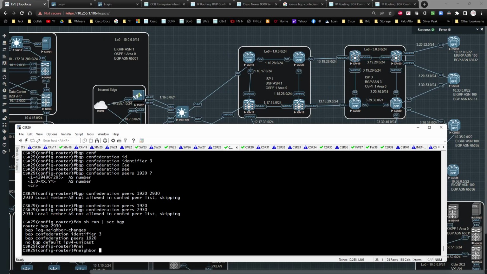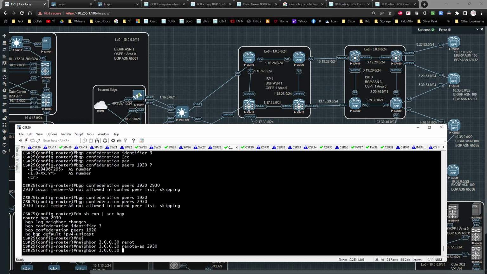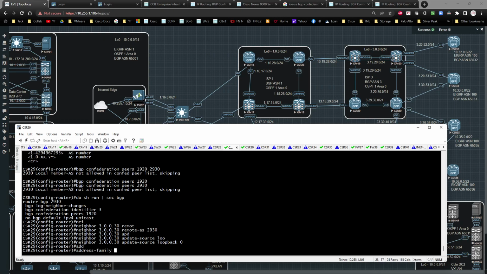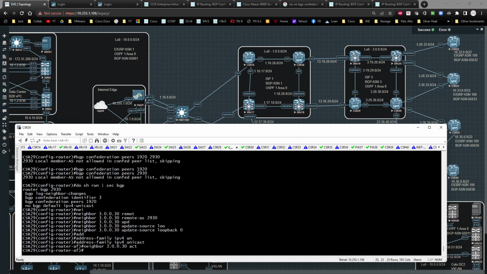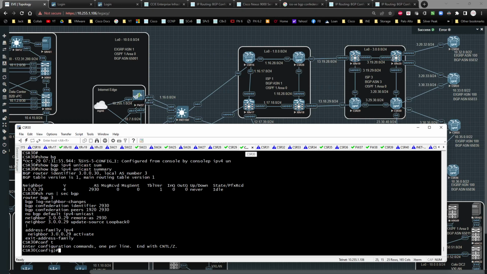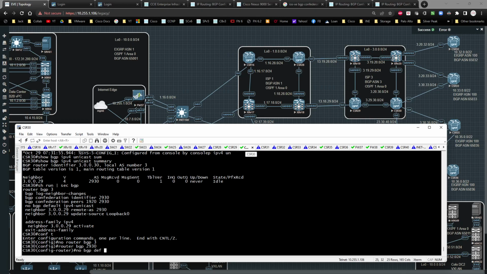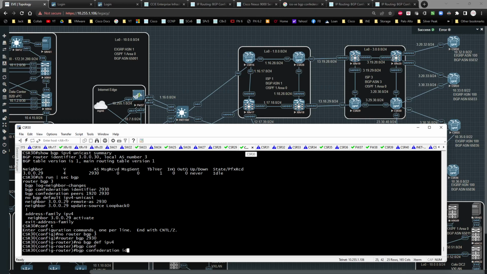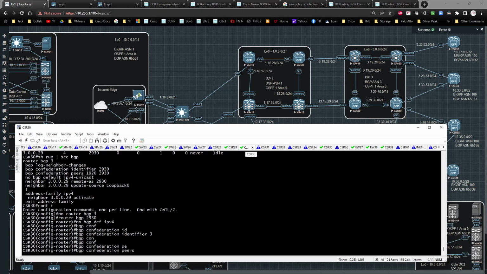And what we're going to do here is type in neighbor 3.0.0.30 remote AS, and in this case it would be 2930. The update source be loopback 0, address family IPv4 unicast. We're going to take this and activate it, and we're going to do the exact same thing on 30. So I'll take this global config, no router BGP 3. We'll type in router BGP 2930. Type in no BGP default IPv4, BGP confederation identifier of 3,